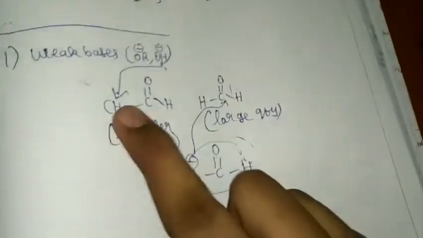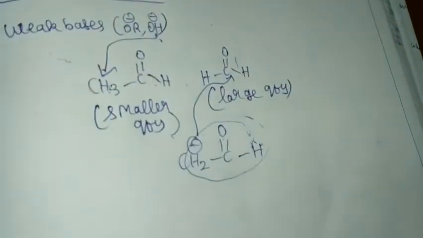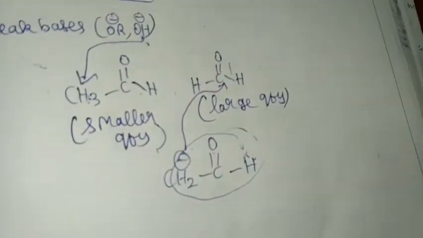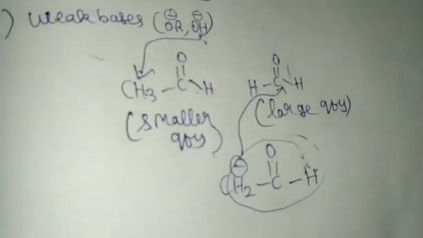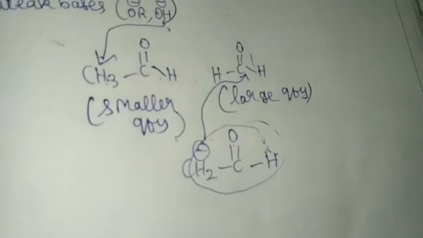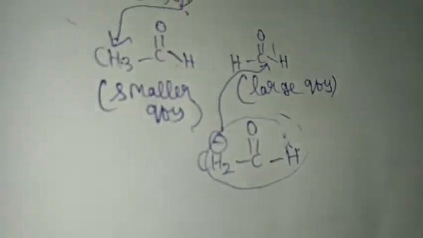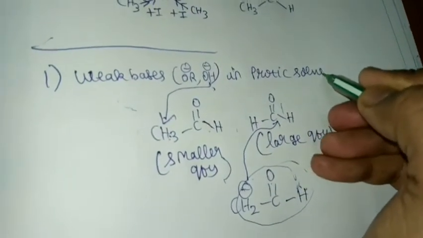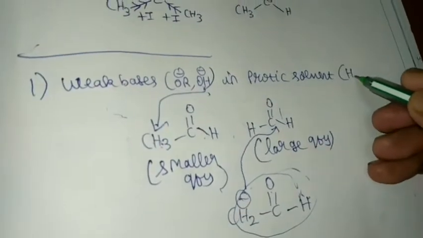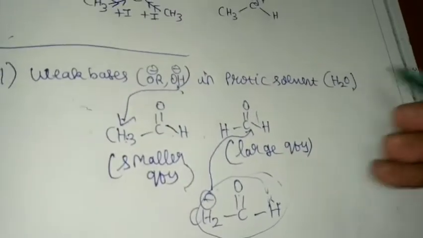If you take both the molecules having alpha hydrogen, that is a different case. If both are aldehydes and both have alpha hydrogen, it is a little difficult to isolate the products, I mean, to get a particular product. But these are the ways particularly. And one more thing I'll say, when ketones and aldehydes react, that is different. So this is the main catch over here. When we take weak bases in protic solvent, protic solvent means which donates H positive, hydrogen connected to the most electronegative atom, H2O you can take.